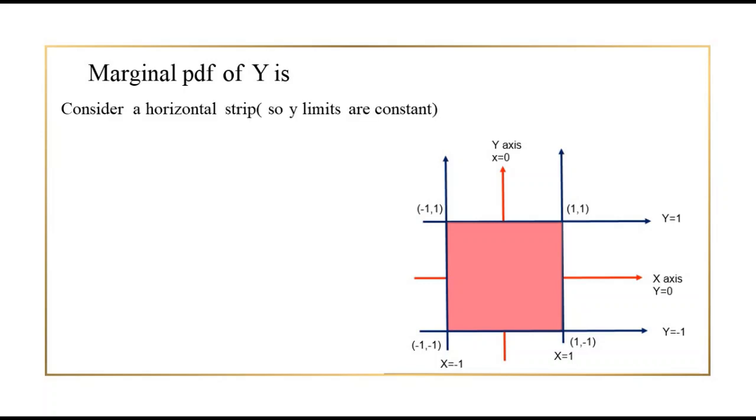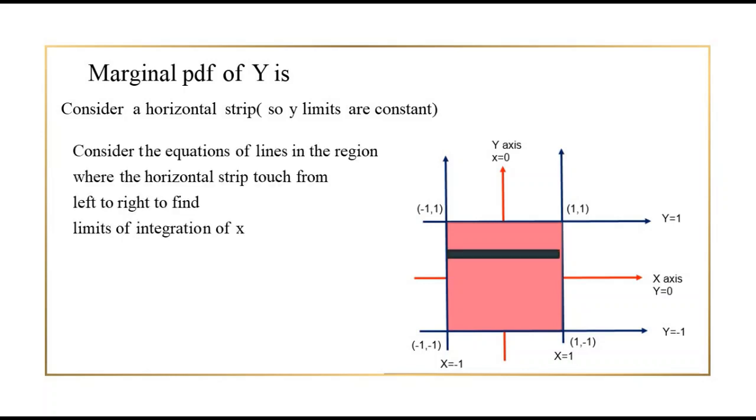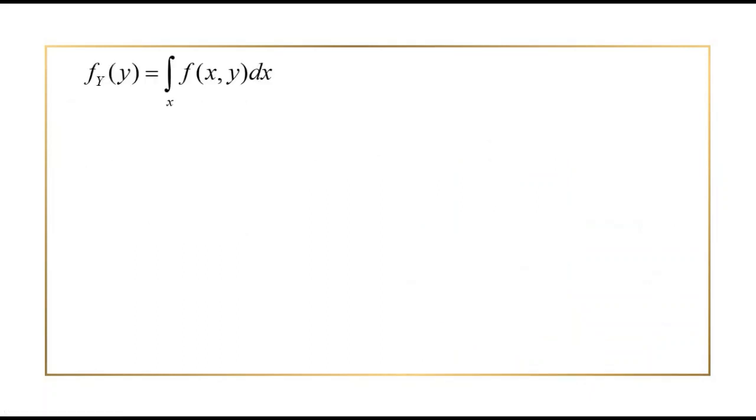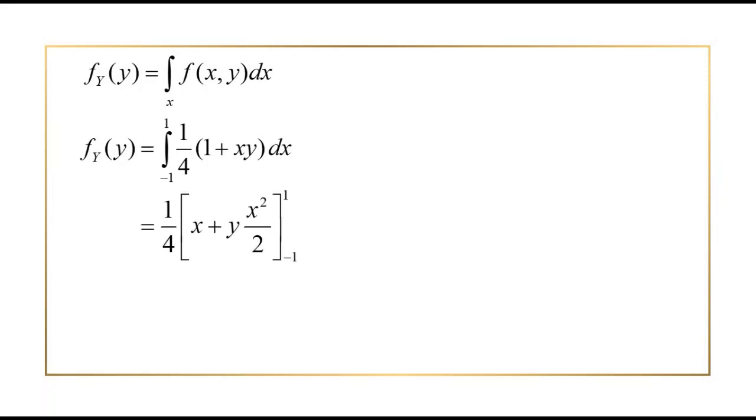Actually we can draw a horizontal strip, or simply you can identify the limits of x. The limits of x will be from minus 1 to plus 1. No need to write all these extra points, because I have done this so that you can understand it without any confusion. So here when you draw a horizontal strip, the leftmost part touches the line x equal to -1, and the rightmost part touches the line x equal to 1. Therefore these are the limits. Okay, now integrate the joint PDF with respect to x using these limits. You get the answer as 1/2, and